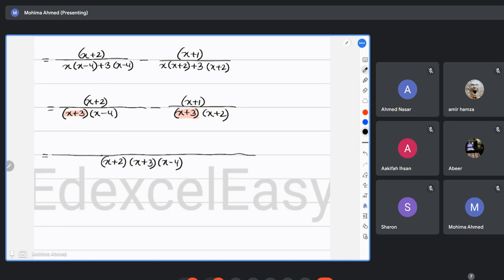Now over here, this is your LCM, right? So always the procedure is what? LCM divided by the denominator, whatever you get, that will be multiplied with the numerator. Let me repeat again. LCM divided by the denominator, and whatever you are left with as a remainder, that remainder will be multiplied with the numerator.